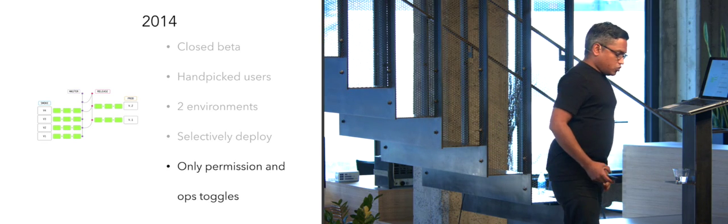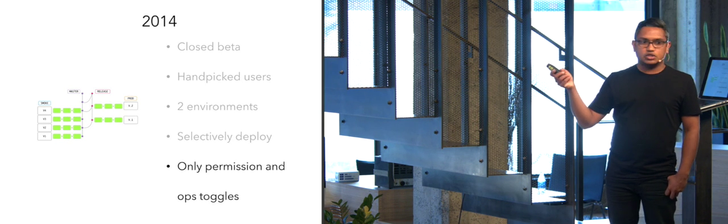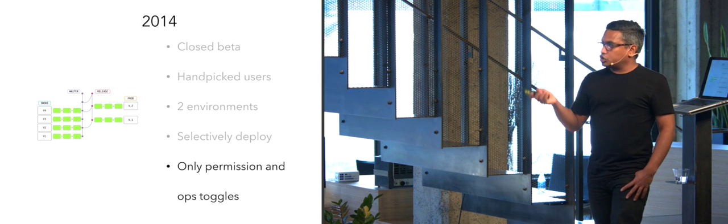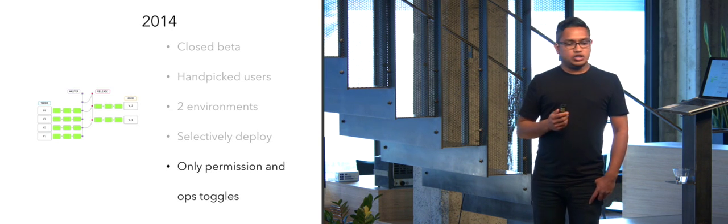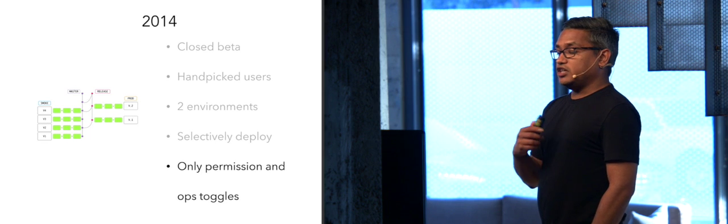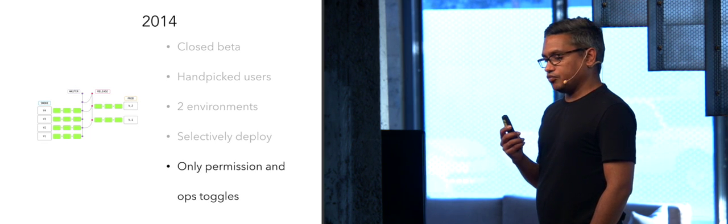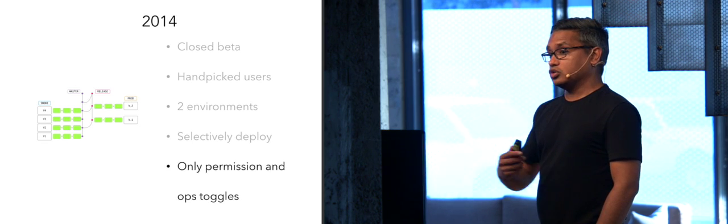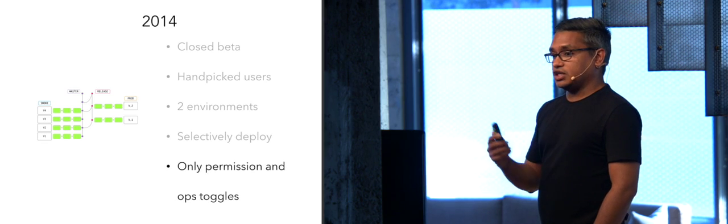At this point in time, we did have some kinds of feature toggles, but these specifically are not release toggles. So we had some sort of permission toggles, and we had some ops toggles. So we had the ability to turn on certain features in the application, not necessarily because we wanted only some users to experience it, but quite literally, we got some users in at a very, very early stage, and there were things that they wanted